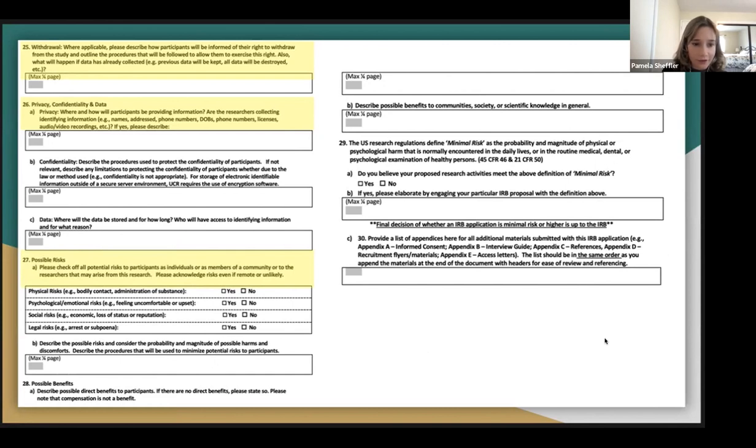So if there are going to be physical risks, psychological, emotional risks, social risks, and legal risks. So for the socio-behavioral, we often will check the box that there are psychological, emotional risks involved, so feeling emotionally upset or uncomfortable. When I'm working with adolescents, sometimes they get upset if we manipulate their score on a problem-solving task, they'll get upset saying, I didn't do very well on that task. And so there's a little bit of emotional risk